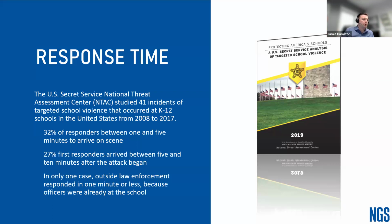Is it a tier 2 that can buy you up to 6 minutes? And the information came out as follows. 32% of responders were there between 1 and 5 minutes to arrive on scene. 27% of responders arrived between 5 and 10 minutes after the attack began. But in only one case were outside law enforcement responders there in less than 1 minute, because the officers were already at